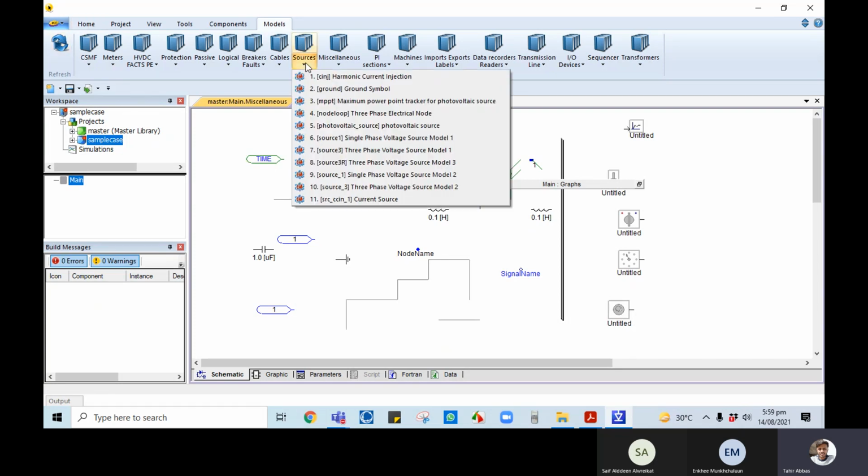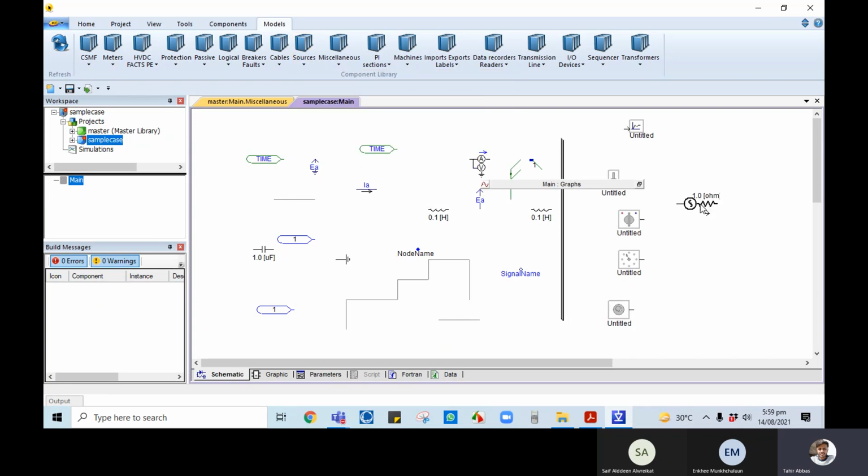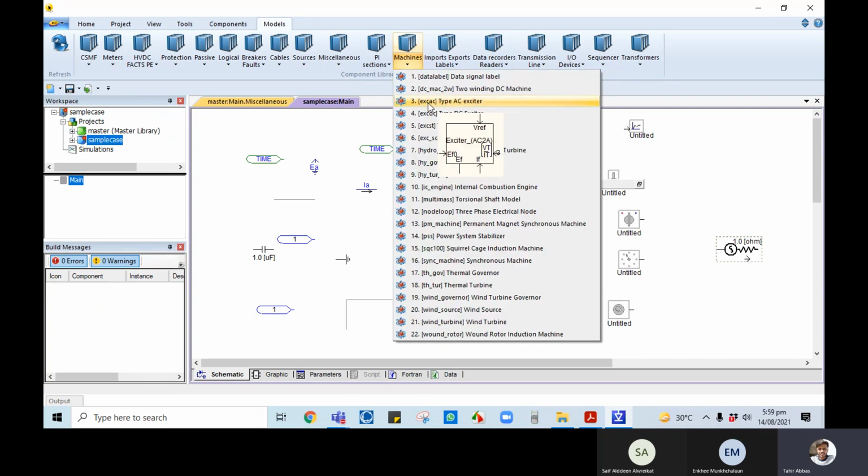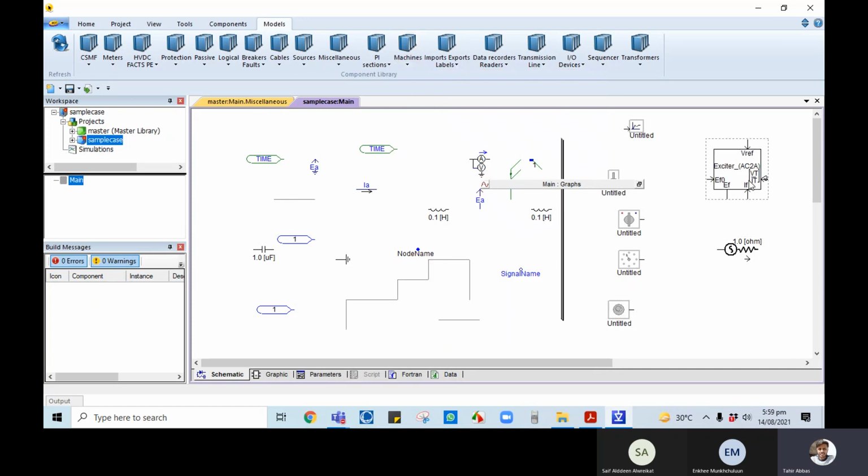And also you can place components from here, from ground to source, like a three phase single source, a three phase voltage source model, three phase here. Click on here and then paste it, just with a left click and then left click from this. So in this way you can place exciters. Here is the AC exciter, just left click, and here left click and OK, again left click. So you can import or take those components and place them there.